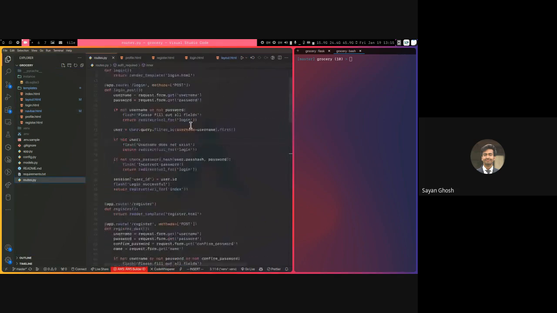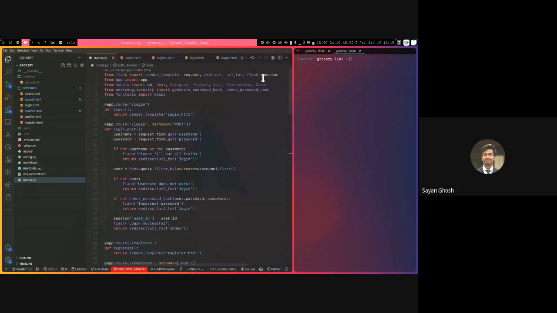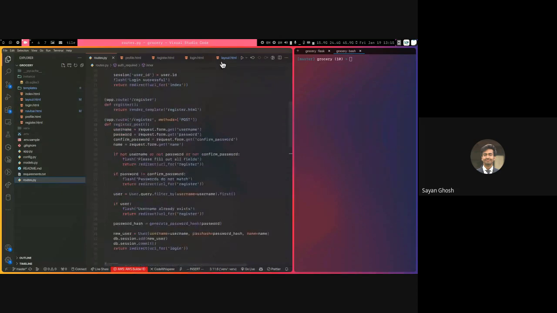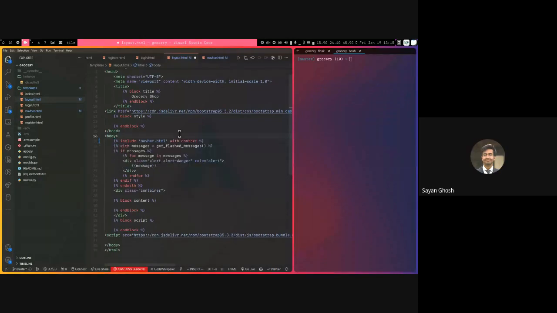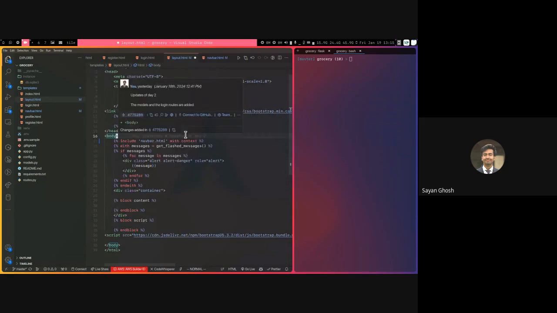Okay. The same thing which we are doing in routes basically. So here we have the access to that because we are importing it, right? So from Flask import the session. And then in the nav bar we also have access to it because while we are including it in the layout, we are including it with context. But basically, how does layout get the session? So basically, session and a few default things are already loaded in Jinja, because checking the session is something which we always do, right? For most pages. I'm not exactly sure about when or where it's loaded, but in general,